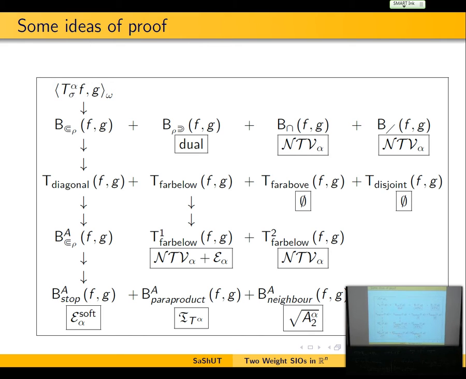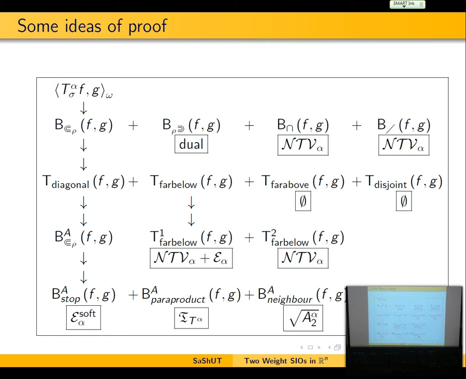But again, there are some complications. So you consider the dual. You consider the product. You dualize, and then you can decompose into pairs of intervals. So I and J, I's will correspond to this side of f, J to the g, and you have several cases. So this was the so-called, or what we call, the NTV basic estimates. No? When the two intervals are disjoint, it's easy to handle. In the one-dimensional case, it was done by NTV. It works. You can estimate by NTV constants. NTV constants for us means testing plus A2.